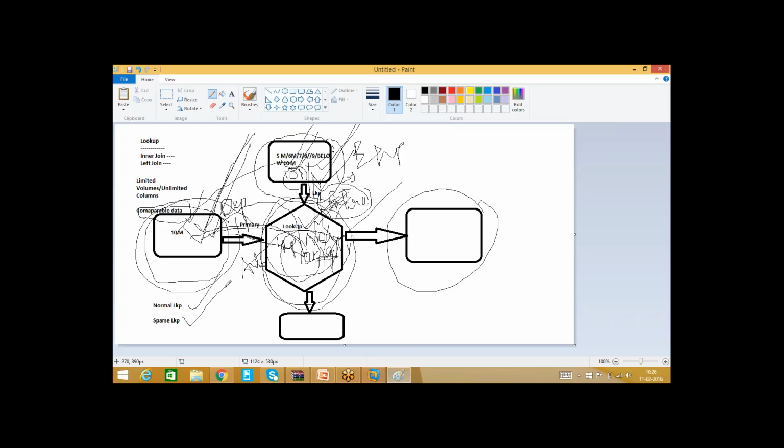But try to avoid using sparse lookup. In this situation, go with your join stage. Don't use sparse lookup. Understand? Understand, guys? Yes. Don't try to use sparse lookup. Right? This is how we can talk about the sparse lookup, and lookup types are also available inside of the lookup